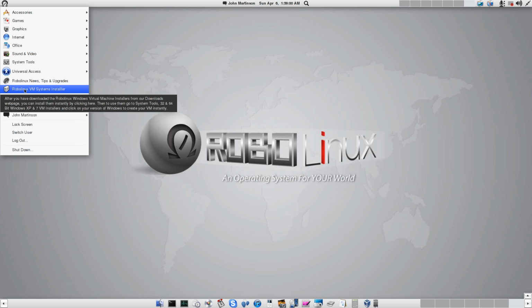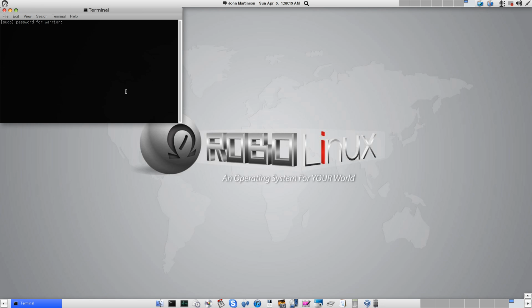So here we go. I'm going to click on Robolinux VM Systems Installer, and of course, before you do that, you want to make sure you've got those files in your downloads folder, which I'll show you in a second. So I'm going to click that. You simply type your password. You can't see as the keys are going in. Some people get hung up on that. Once you've typed them in, you just press the enter key,